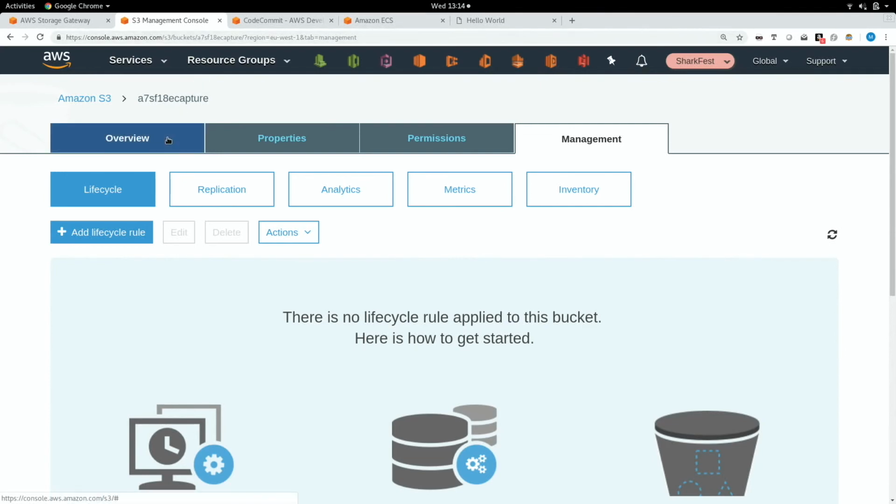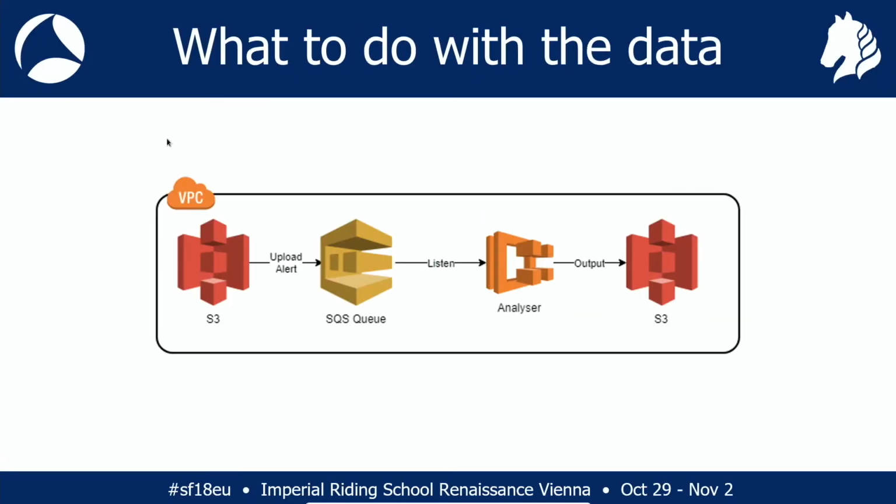Now, we start thinking about, okay, what can we do, and how can we utilize the cloud to help us on the analysis side of things? Well, this is where this model comes in really well. So if I jump back to here, there you go, it is the right place. One of the great functions of S3 is that it'll allow you to fire alerts and fire activities on the basis of events.